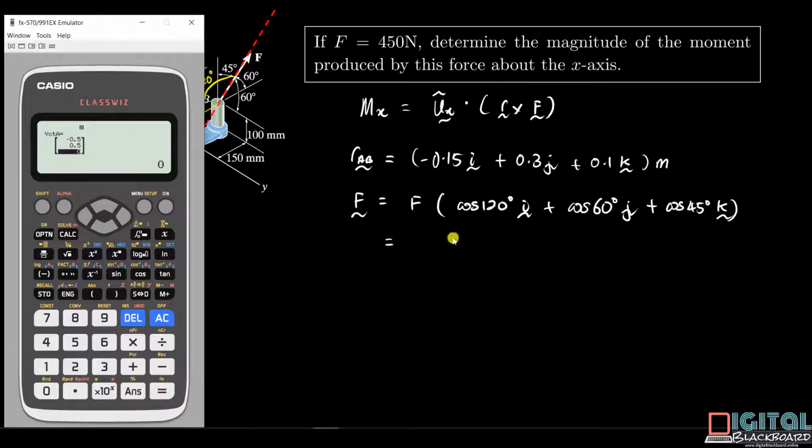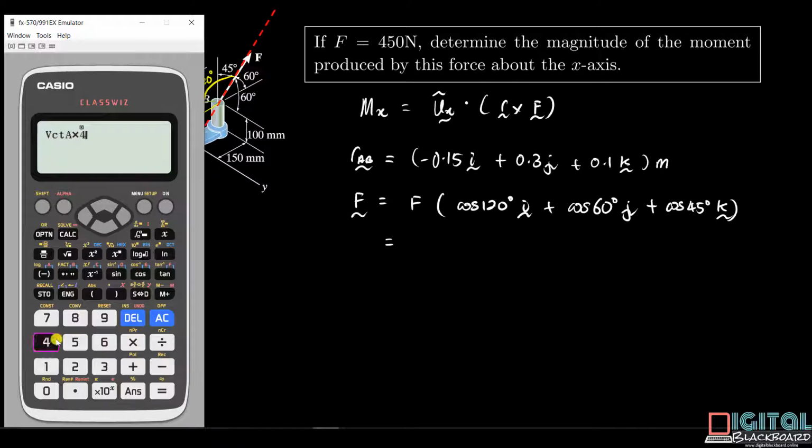Third element is cosine 45. So it is supposed to be multiplied with the scalar F, which is 450. So we go back to option, and then we say vector calc. We choose the vector just defined, which is vector A,